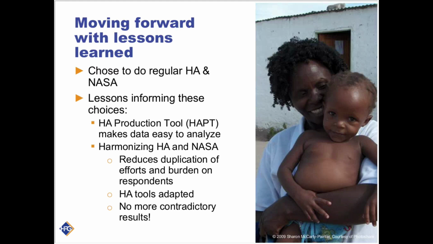Harmonization of the two exercises, the health accounts and the aid spending assessment, really reduces duplication of efforts, in that you have one ministry or one overall lead coordination, and we are going to the same respondents. Therefore, they will not have to respond to two different questionnaires. And you also have limited capacity in terms of the number of persons able to do the data collection as well as follow-ups to questions. The other important issue is that